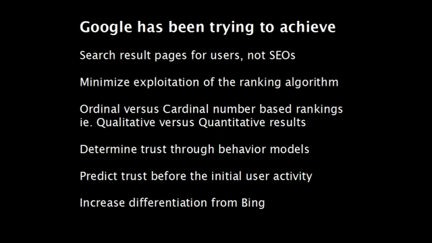The point I missed, and it's a little bit complicated, I'll try to make it simple. I went over it a couple times: ordinal versus cardinal number-based rankings. To understand that, imagine a list of 10 items that you like, 1 through 10, and at the top is apples, and somewhere in the middle are oranges and bananas. You prefer apples at the top of the list to everything below it. And you may prefer oranges at 5 and bananas at 7. So you prefer oranges more than bananas and apples more than both.